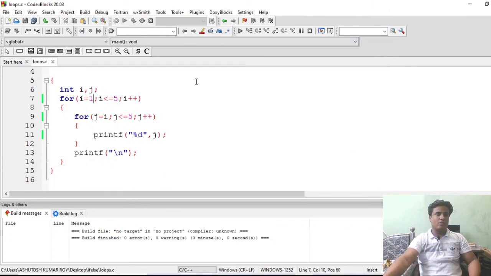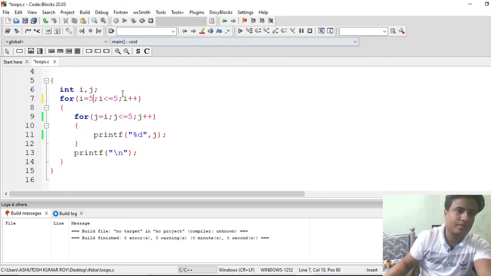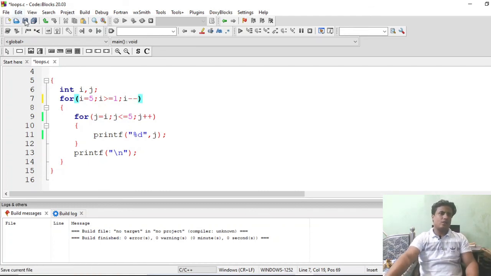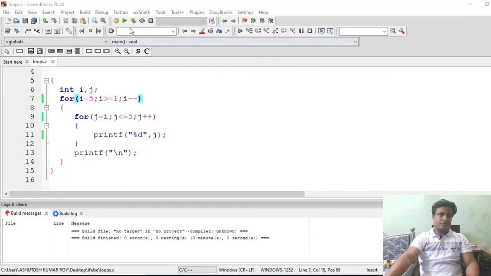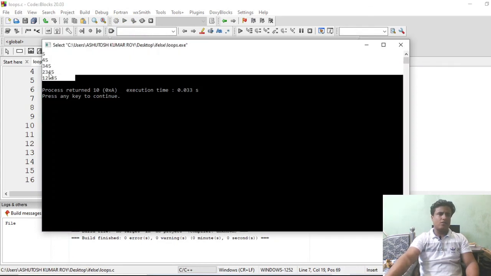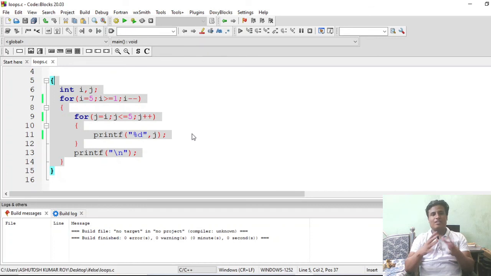Now if you change the value of the loop here, we want to print in the upper triangle way. How will it do? Make i as 5, i greater than or equal to 1, i minus minus. So what will it do now? You can see that it is printing in reverse order now, 5, 4 5, 3 4 5, something like that. So you can do anything using this. Okay, hope you're getting it. So you can just modify this, play with this more and make something out of it yourself.